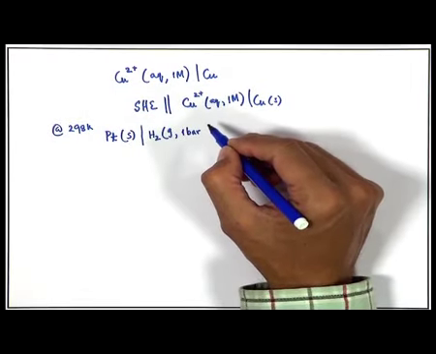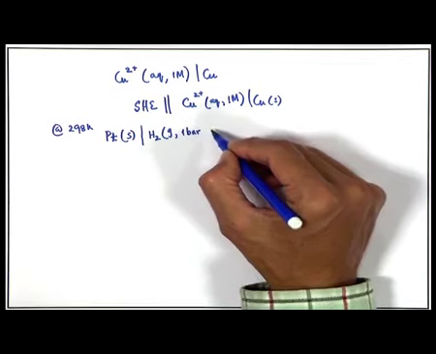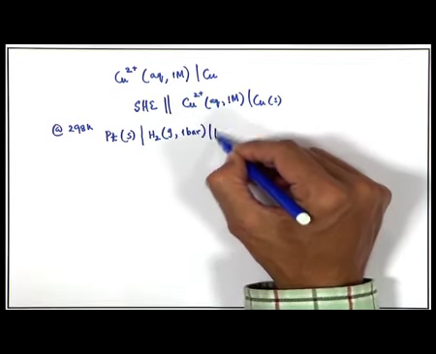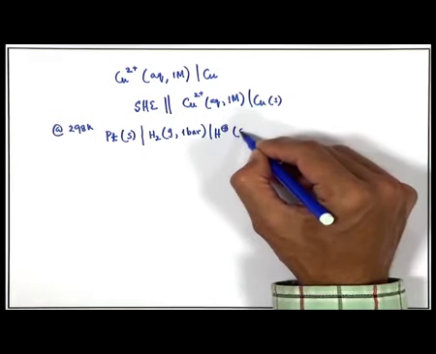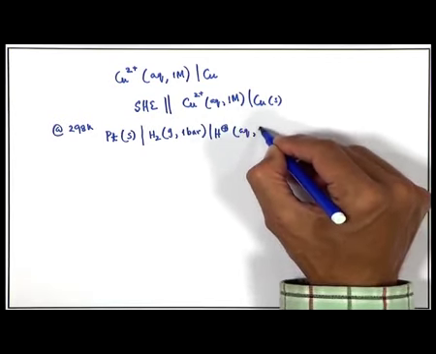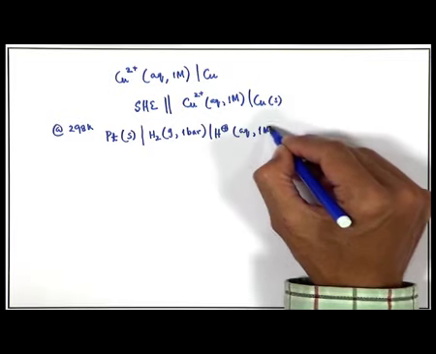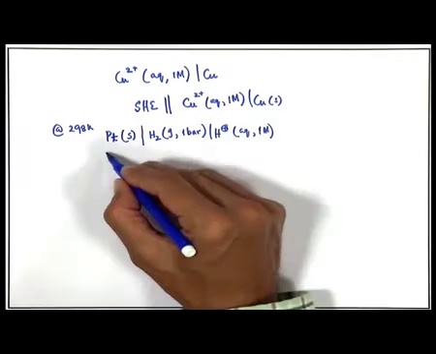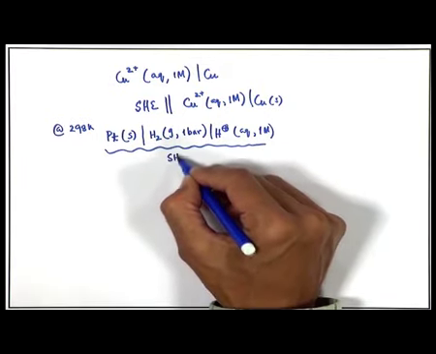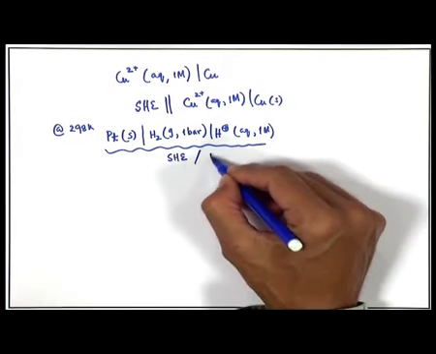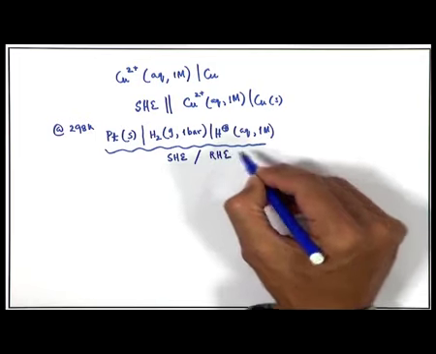Okay. So, 25 degree centigrade, 1 bar, then H plus aqueous 1 molar solution. Okay. So, this completes the standard hydrogen electrode part, and it is your right hand electrode where